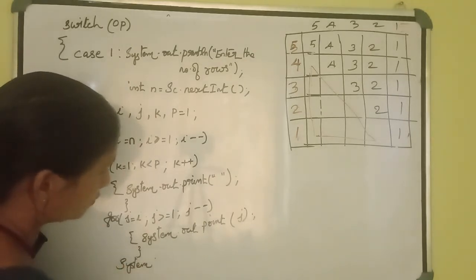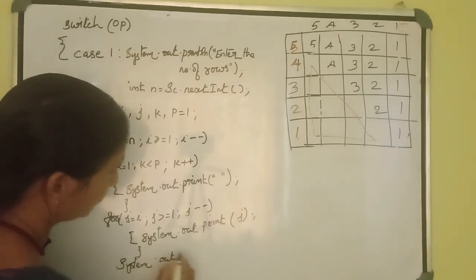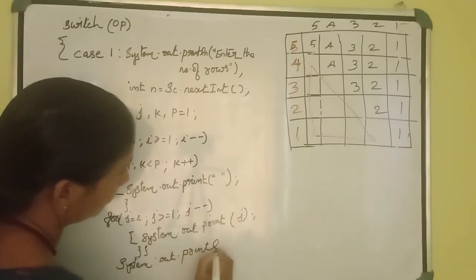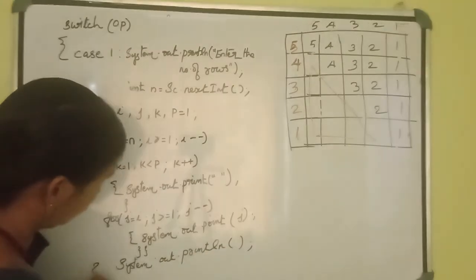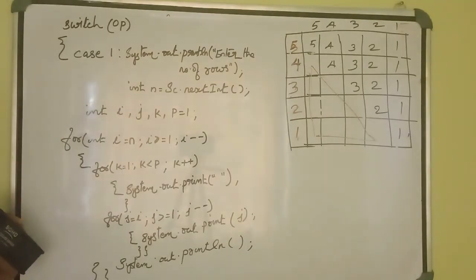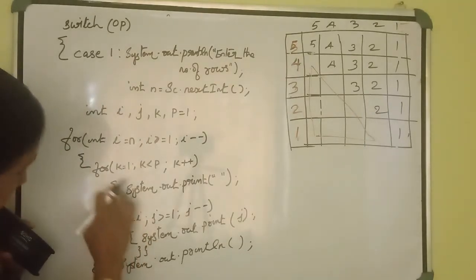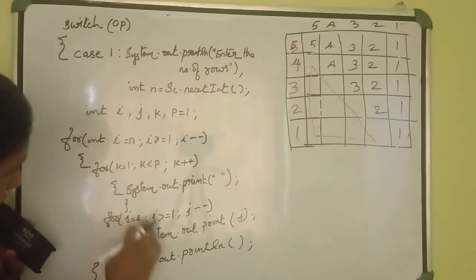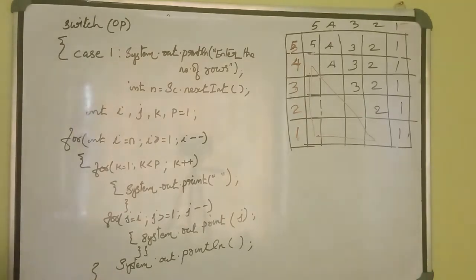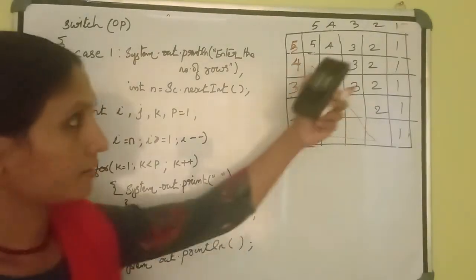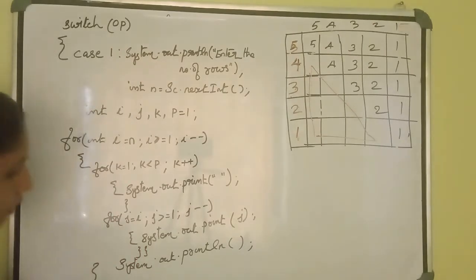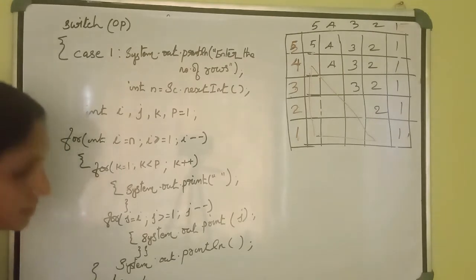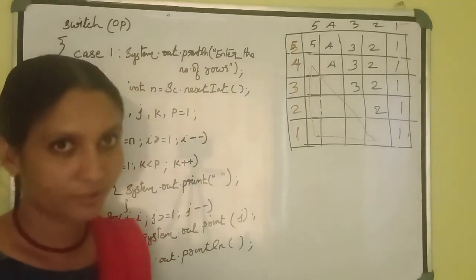We need a next line. For that purpose, I am doing like this. After closing this bracket, System dot out dot println. Okay. Then close these two brackets. Then you will get this pattern if you do like this. After all, we have to put a break statement to close the first case. This is the first pattern. I think you all got this one.